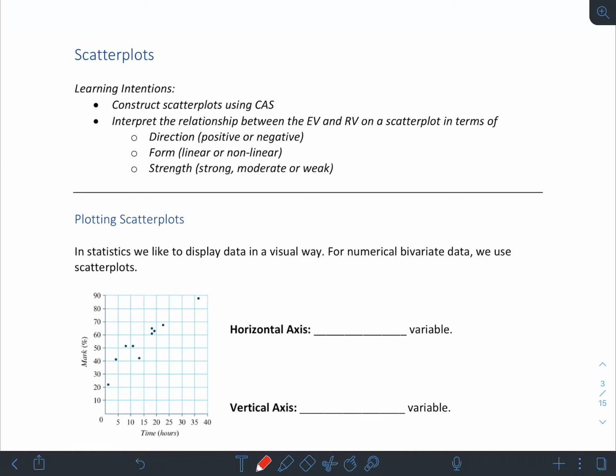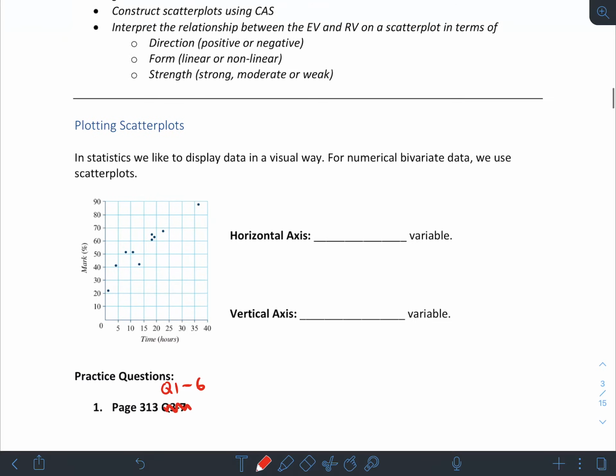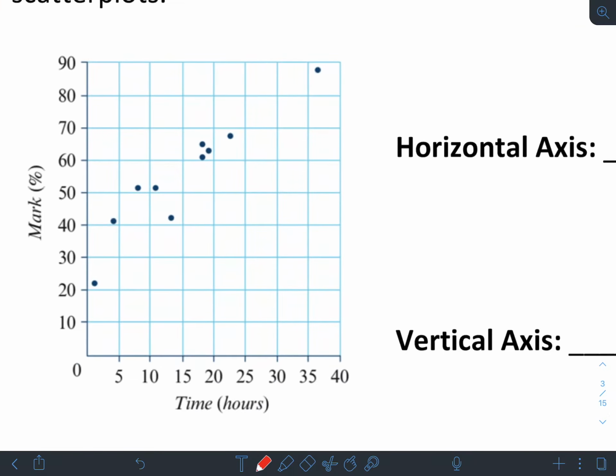Alrighty, so now that we know how to distinguish between what's a response variable and what's an explanatory variable, we need to look at how we graphically represent these relationships between two variables. And we use a scatterplot for this, and this is something you've probably seen before. And a scatterplot is just something that looks like this, where each point represents, in this case, some sort